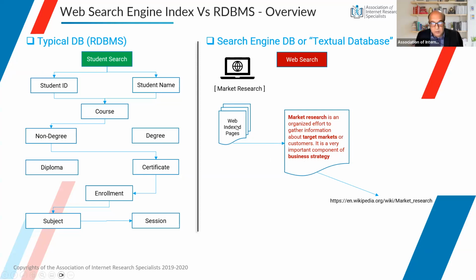Now, in the web index, for instance, we have this content. A small example is these words that are in bold fonts. Market research, for instance. If you search for market research, it's going to look for that content in the document and try to match market and research together. And then the other words could be target markets, for example.